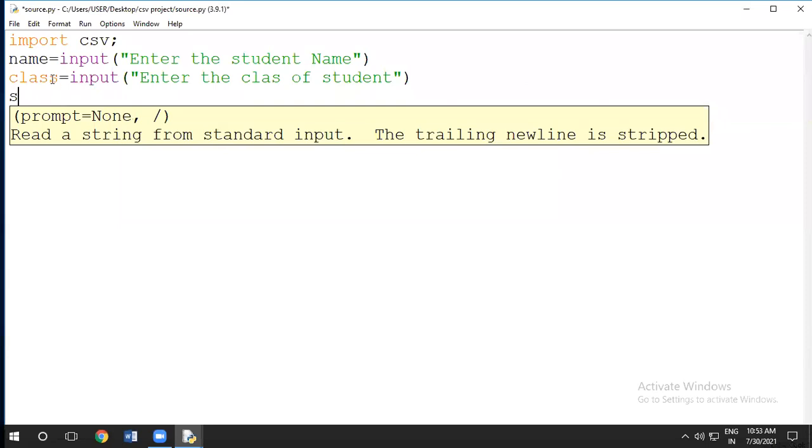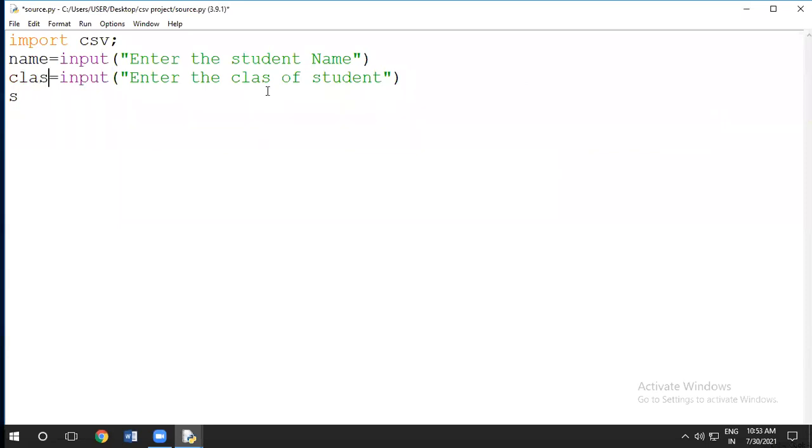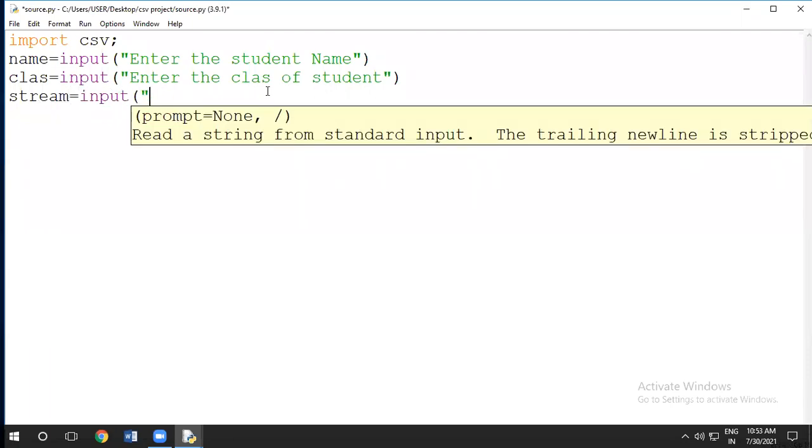Class is a keyword, so it is showing, so I will use only this one class. Now stream is equal to input, enter the stream of the student. In the bracket you may give here bio, comma math, comma commerce.